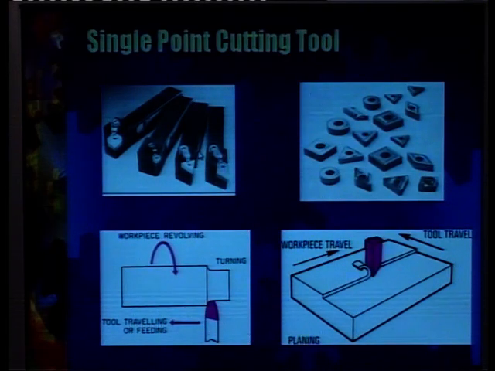Here we can see a more clear picture of a single point cutting tool. These are the single point cutting tools that are usually used on a lathe machine. We can see here there are a variety of shapes of chips. These are carbide tip tools, which are much harder than the high speed steel tools that we normally use in our college workshops, which look similar and give a metallic luster, just like stainless